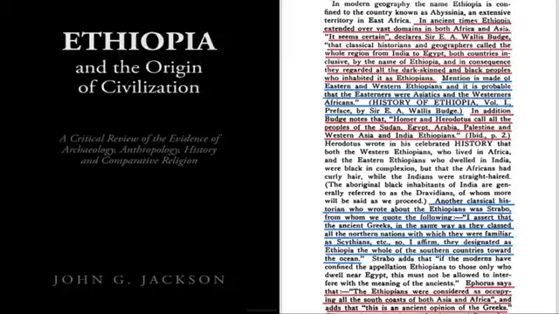So this is from Ethiopia and the Origin of Civilization by John G. Jackson. And it says, in ancient times, Ethiopia extended over vast domains in both Africa and Asia. It seems certain, declares Sir E.A. Wallis Budge, that classical historians and geographers called the whole region from India to Egypt,